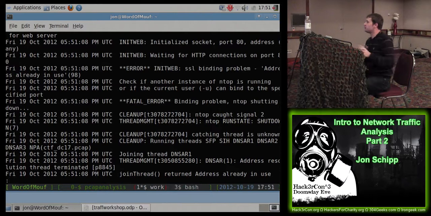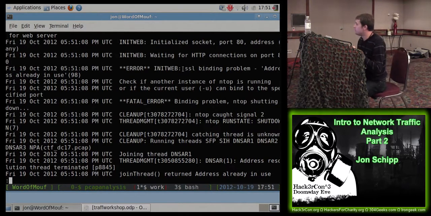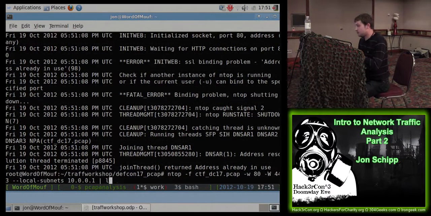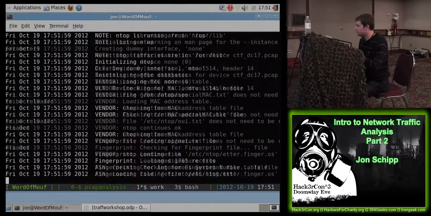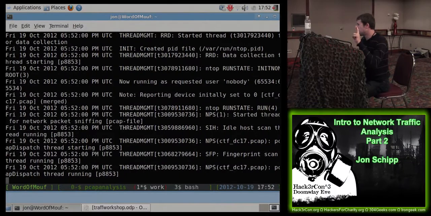SSL binding problem, there it is. Okay, so it looks like there's probably something already using that port. I hope that's one of the things. Let's specify a number that's probably not used, and 1001. Oh, yay. All right, so now we can open our web browser